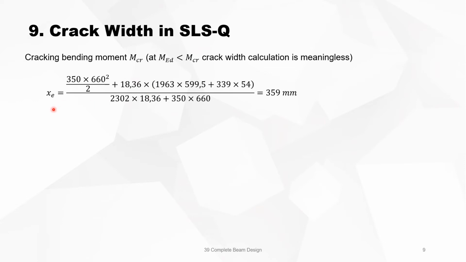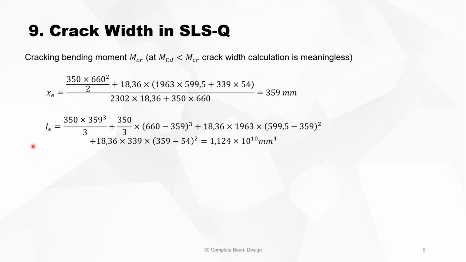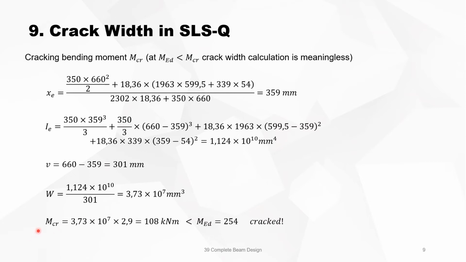Therefore, we calculate the depth of the neutral axis again, but this time for the uncracked section, which is 359 millimeters. We calculate the moment of inertia for the non-cracked section, which is 1.1 times 10 to the power 10. The v, which is h minus x, is 301. And the W is then 3.73 times 10 to the power 7, so our cracking bending moment equals 108 kilonewton meter,